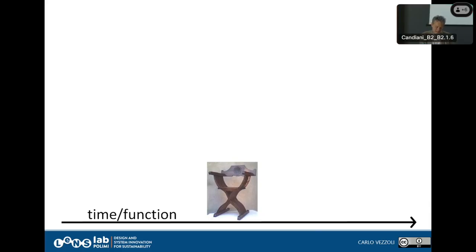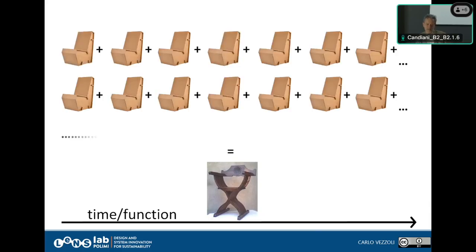So the point is that when we have to compare the product in relation to what is called the functional unit, whoever took a course on product lifecycle design knows this very well, but you may understand. I need to have a chair, you need to have a chair, to be seated over there, okay? So if the chair is broken, what happens? That chair has to be thrown away, another one has to be produced, and so on.